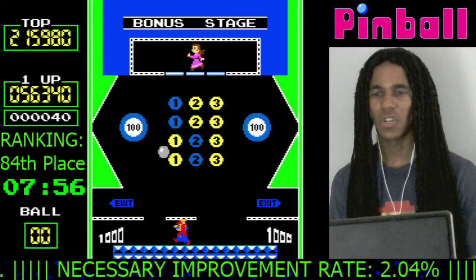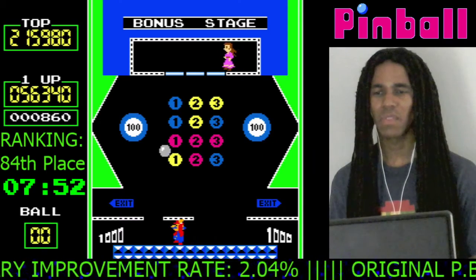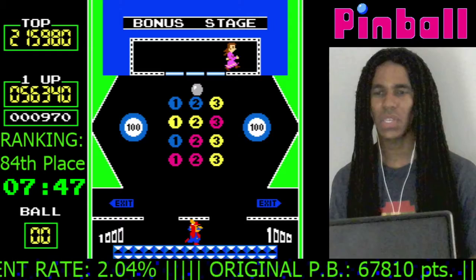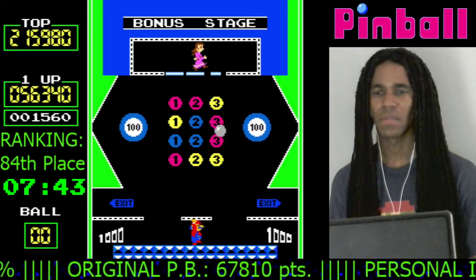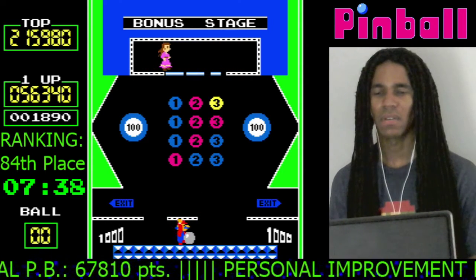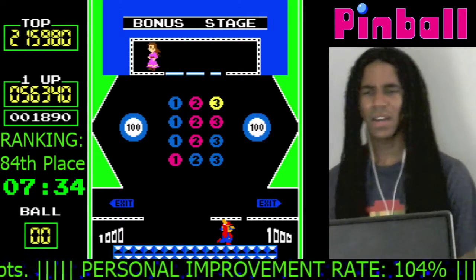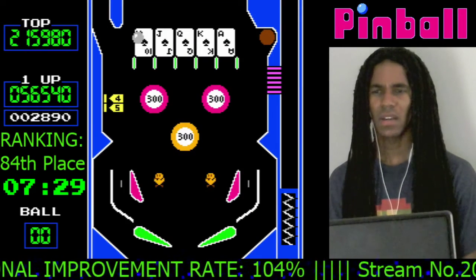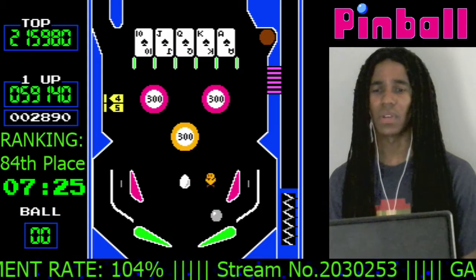And bonus stage. Now sometimes when I come out of bonus stage, I end up losing my stopper on the bottom. I hope that's not the case this time. Alright, and we're out. Oh, come on, they took the outlane stopper, and I can't flip those cards back over, so...